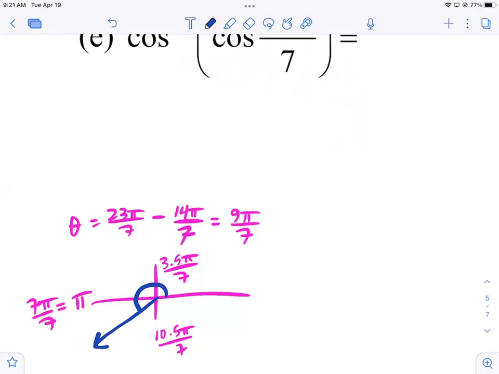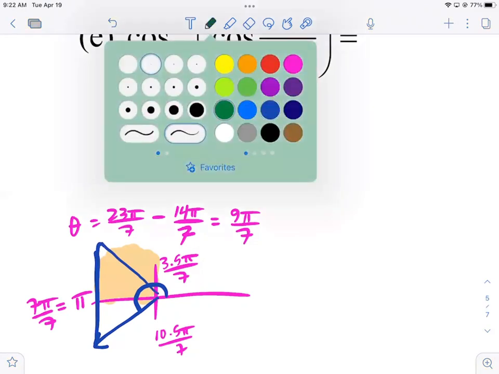So here's what you ask yourself. In quadrant 3, cosine is positive or negative? Negative. In which other quadrant is cosine negative? Quadrant 2. That's the one I need to get in. Now remember, we did this before. It's going to have the same reference angle. So if you can figure out the reference angle of 9 pi over 7, you'll know what your reference angle needs to